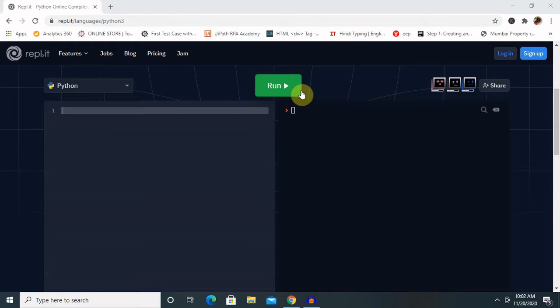Common uses include membership testing, removing duplicates from a sequence, and computing standard math operations on sets such as intersection, union, difference, and symmetric difference. Like other collections, sets support x in set, len(set), and for x in set. So these are three operations which we can perform using set.